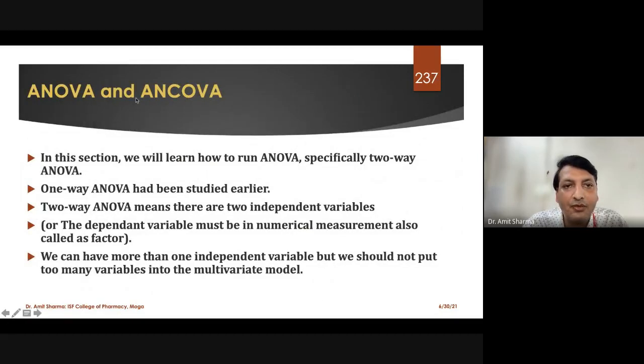The next test will be the ANOVA and ANCOVA. So this will be taken in tomorrow's session. I'll show you in the thesis how to write the result of linear regression, or ANCOVA, where we have discussed the beta, and how to write the results of beta. So for that I have to stop my presentation.